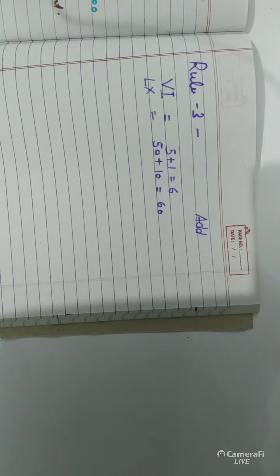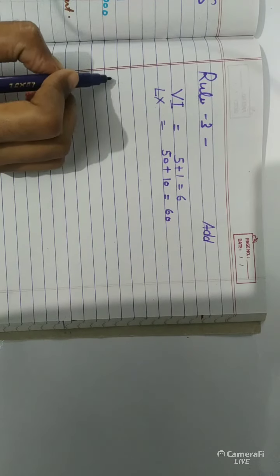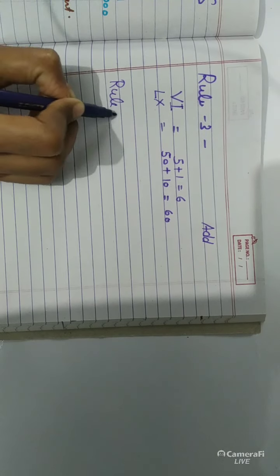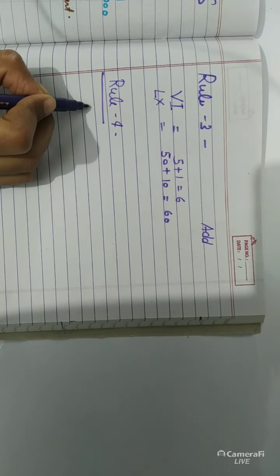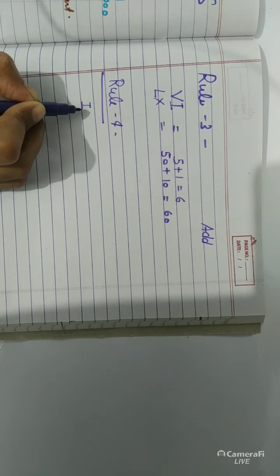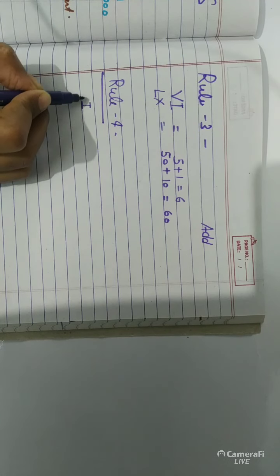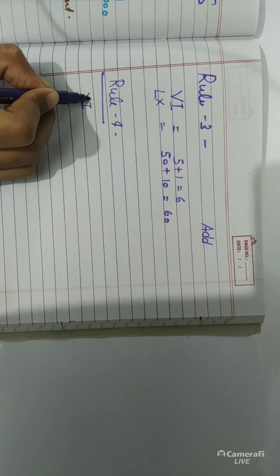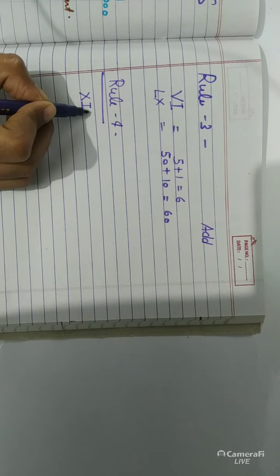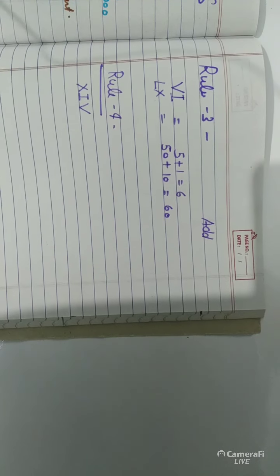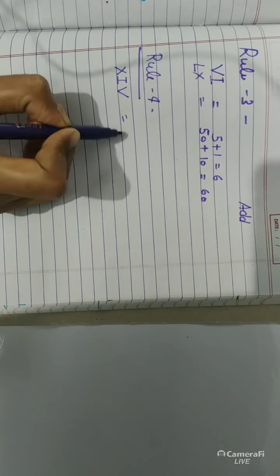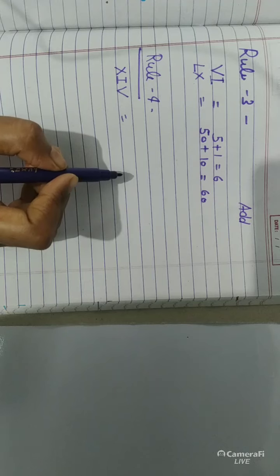Okay, and here we have another rule. If any smaller number such as I is written between two larger numbers, like X, which is 10, and V, which is 5, then how will you write it? Then what will you do? You will subtract